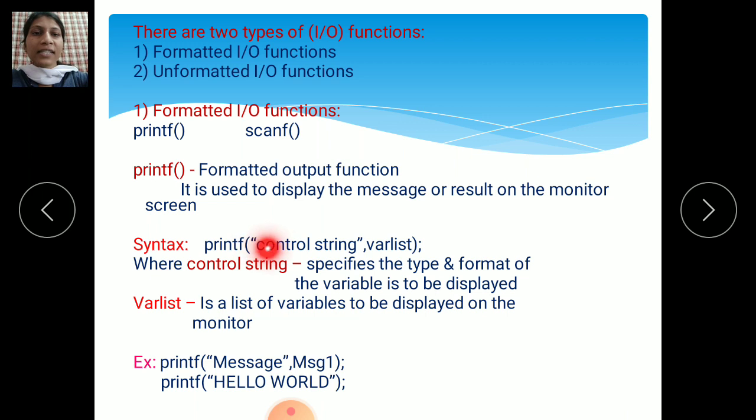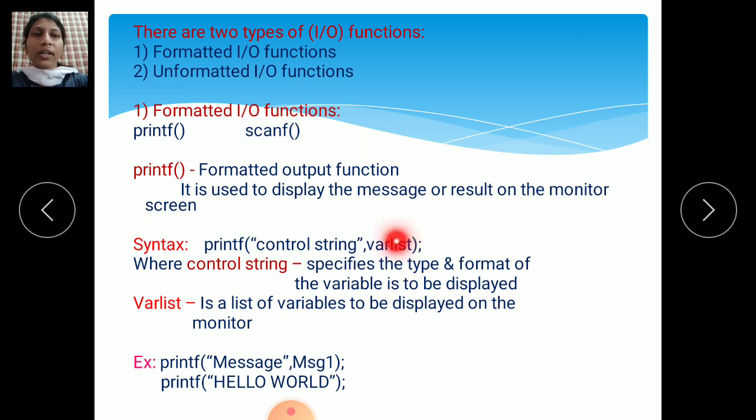See here, the syntax: printf, open round bracket, and in double quotes write the control string. Whatever message you want to write, you can type here in the control string within the double quotes. Then after the double quotes, give a comma and the variable list. Why have I written variable list here? If you enter a number, whichever variable you are using, you write that variable here.